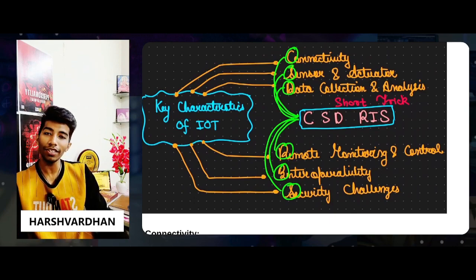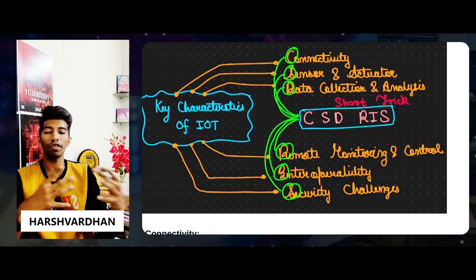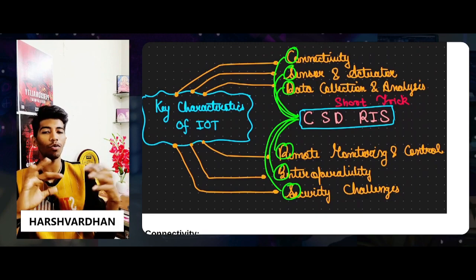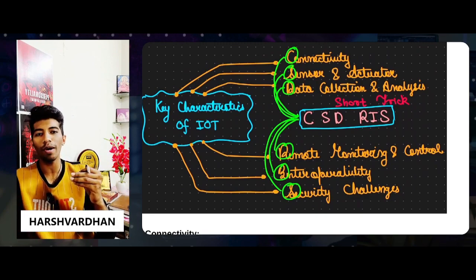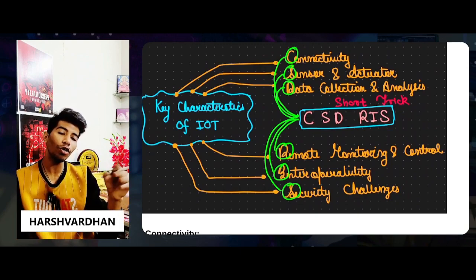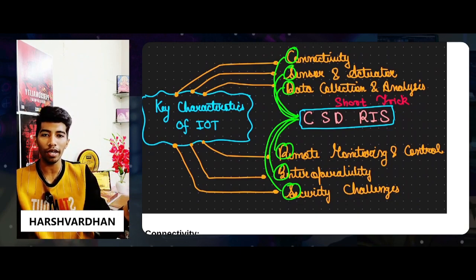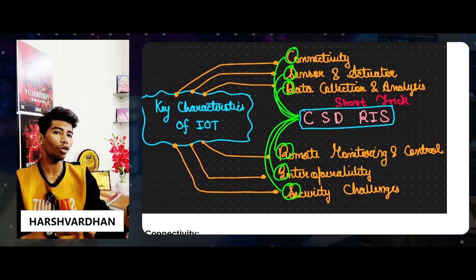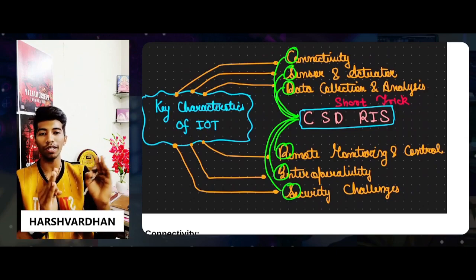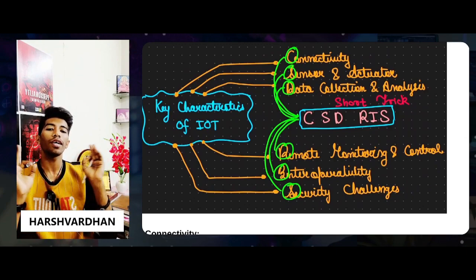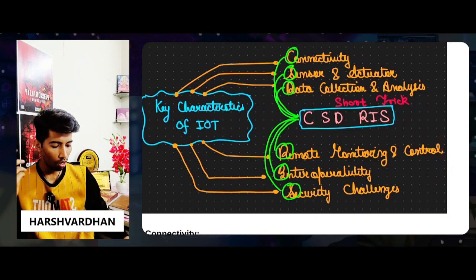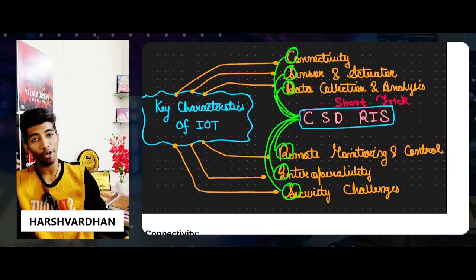The next thing is sensors and actuators. Without sensors and actuators, nothing will happen. The data will also not get traced, and without that tracing, you will not be able to do what you want to do with that IoT device. Data collection and analysis: without collecting and analyzing data, you can't give anything. You can't deliver just raw data to your customer. You will have to deliver some kind of essence or the best material to the customer so that they come back. Talking about remote control and monitoring, IoT also plays a very pivotal role.